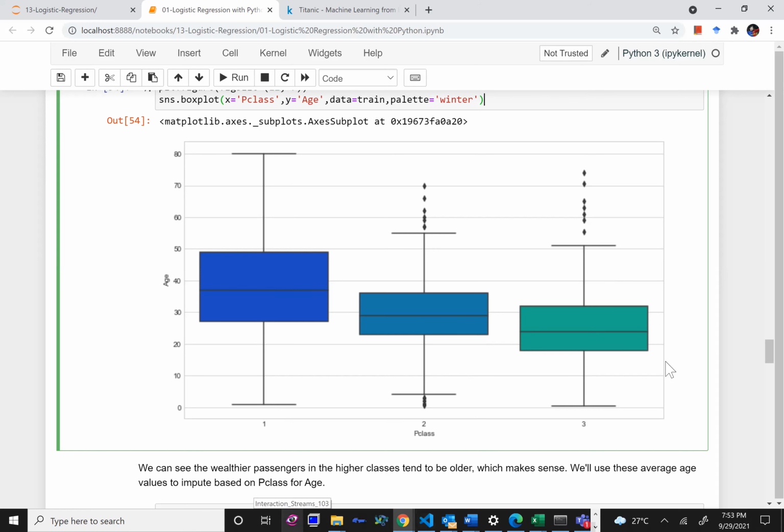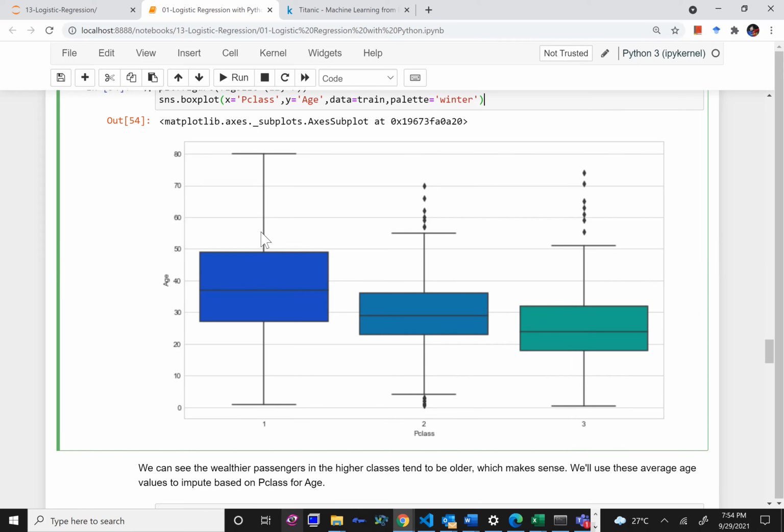Coming to the second class and third class, we saw that there are a lot of people because the ticket is the cheapest. So all the young people who are just hustlers went for the cheapest ticket and traveled on the Titanic, right? Most of the young people were traveling in class 3, most of the middle-aged persons were traveling in class 2, and the rich older population were traveling in class 1.